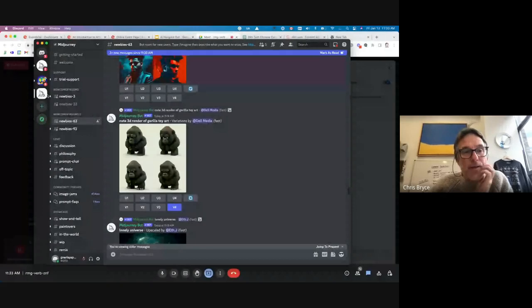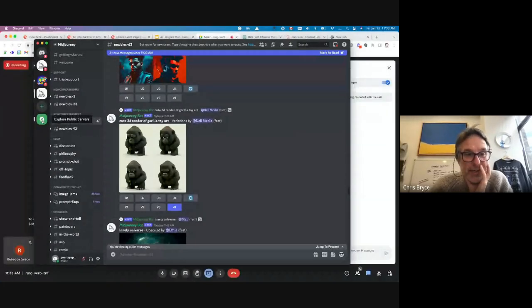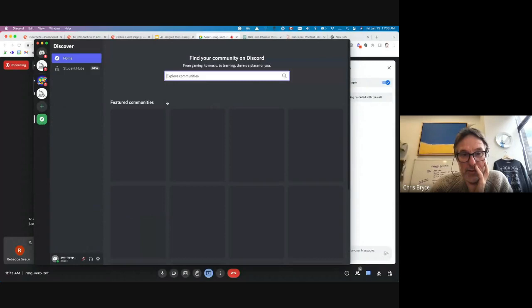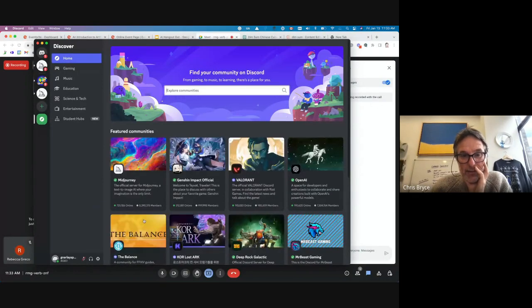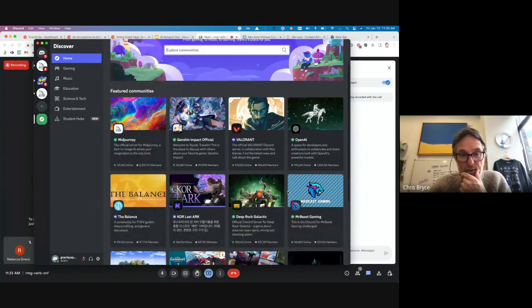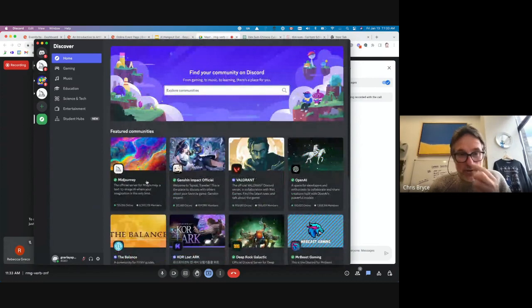Cool. So let's move on to this next adventure here, where when you're in Discord, if you want to find Midjourney, you go over here to explore public servers, and Midjourney will come up. 8.3 million people using it right now. And then you just click on it and join that server. There's other servers that are creating AI as well. You can also do it just strictly out of a web interface. I just happen to like what Midjourney is doing right now. And they have a ton of really amazing prompts for crafting the vibe and spirit of the image.